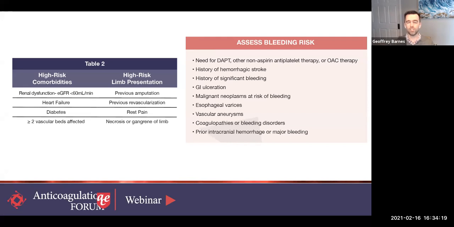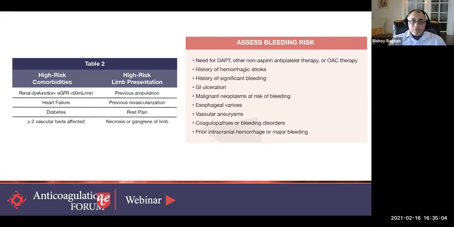And importantly, patients with polyvascular disease, meaning we know they have atherosclerosis in 2 or more beds. So maybe it's the legs and the heart, so they have peripheral and coronary artery disease. Maybe it's the legs and the arteries of the neck, the carotid artery disease, or even all 3 together. When you look at the limb itself, if they previously had an amputation, that's a very high risk patient. They've previously been revascularized in the leg. If they're telling you about rest pain or anything else to suggest they have critical limb ischemia, those are certainly high-risk patients, more likely to have adverse events, more likely to get benefit from getting dual inhibition pathway treatment with Riva and aspirin.